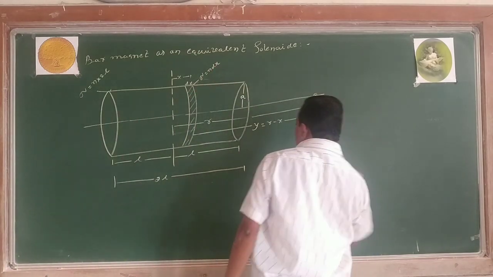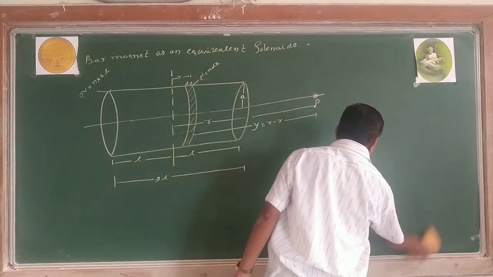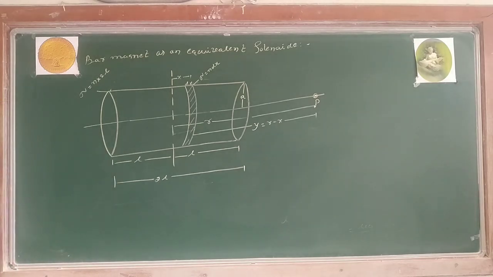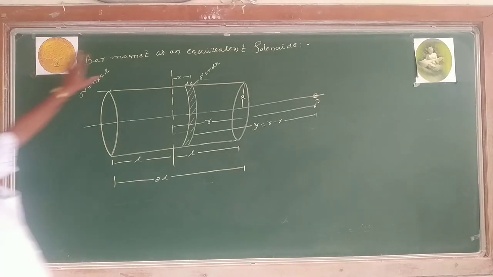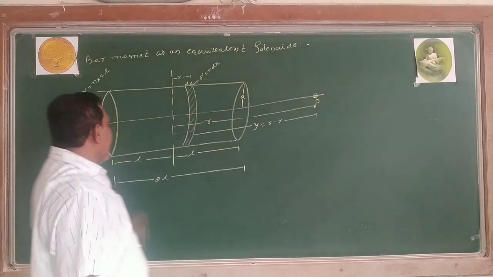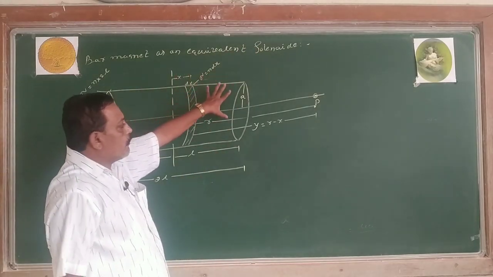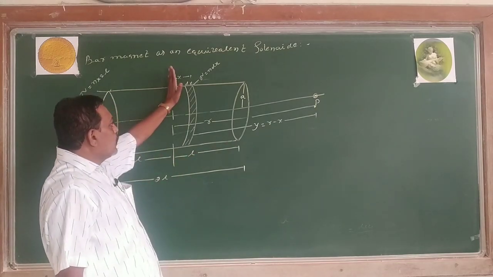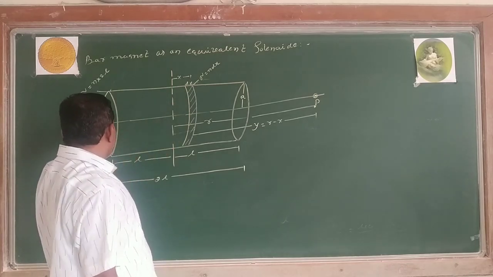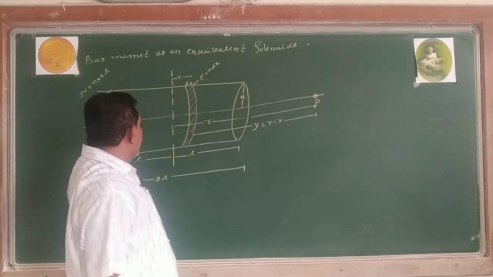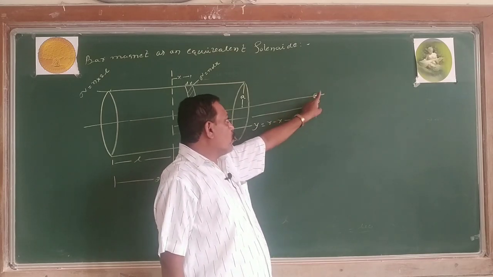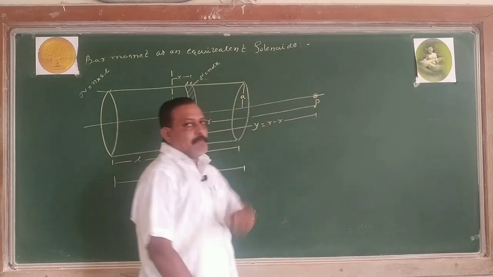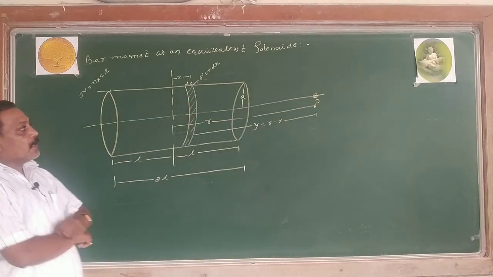If you understood the figure properly, let me go for the derivation. My aim is to prove that a bar magnet is equivalent to a solenoid. I consider a solenoid which consists of a number of turns and the length of the solenoid is 2L. Now, this is the center. At either end, one face is acting as a south pole, another one as a north pole. Now, this is the axis of the solenoid. P is the point on the axis at a distance r from the center where the magnetic field is to be determined, where a is the radius.